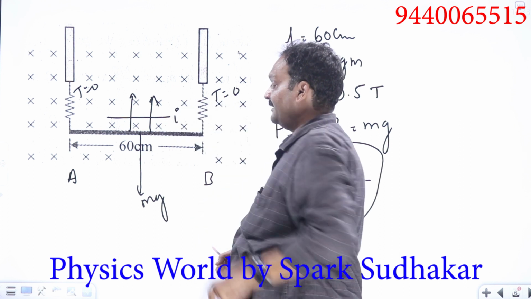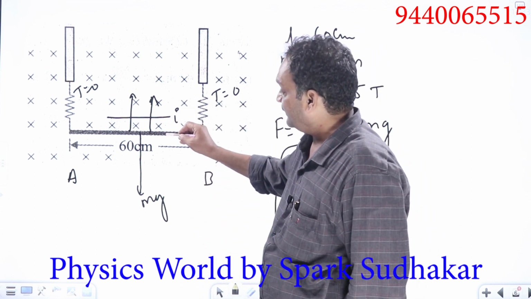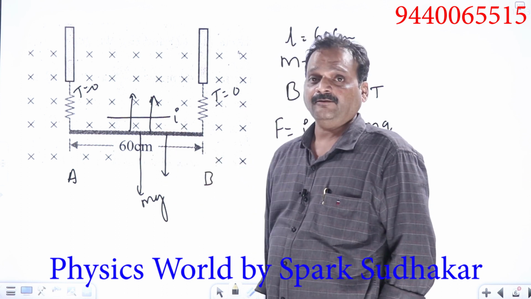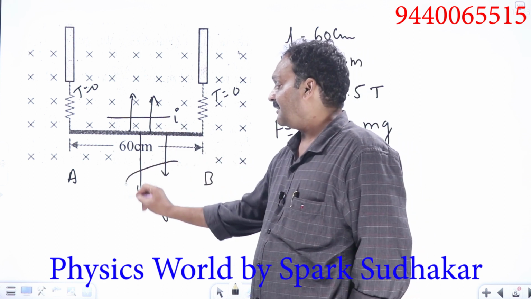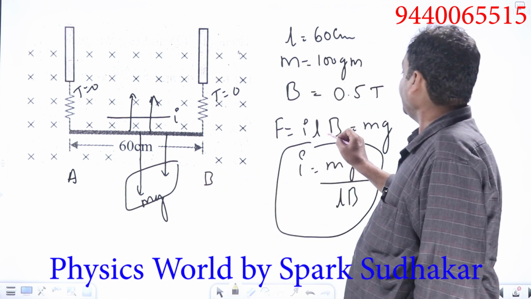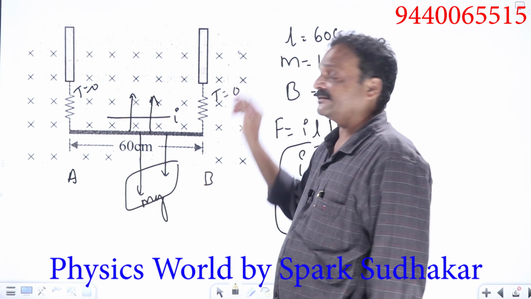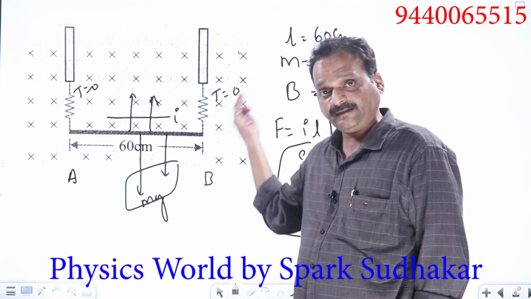Okay, if the direction of current is reversed, now what is happening? Magnetic force is also acting downwards. Weight mg will obviously act downwards only, such that the resultant force will be equal to ILB plus mg. Means tension in the leads will become double that of the earlier case.